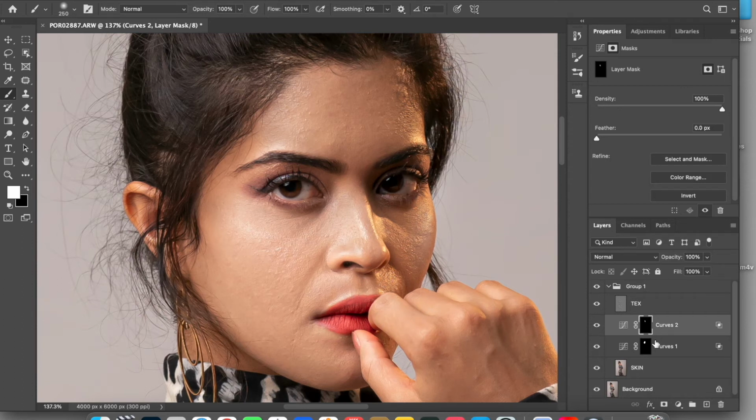So we have done this, and I can show you how it looks. If I switch off the layer, the entire group, this is what my image was. Now if I turn it on, you can see that we have equalized the entire skin, we have introduced the lights, and also we have made sure the skin tone looks similar all across the face so that it looks more perfect.